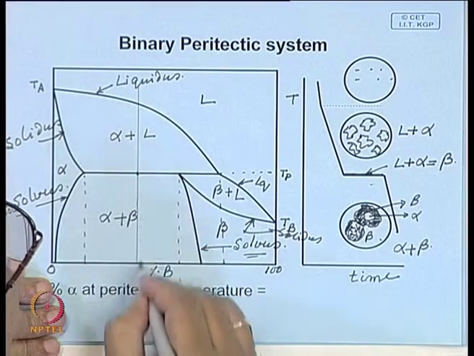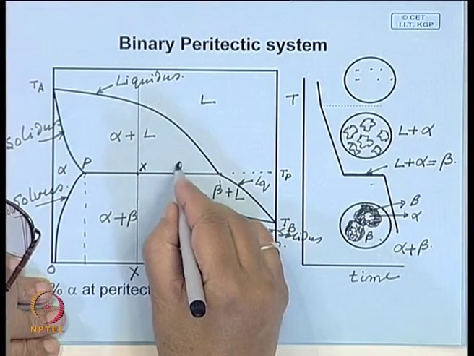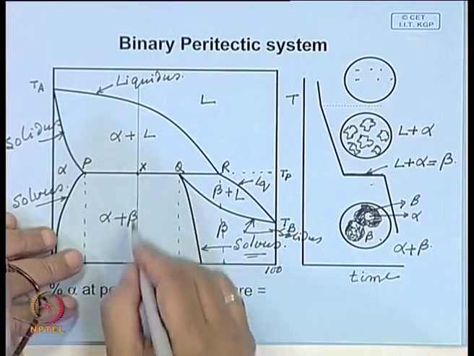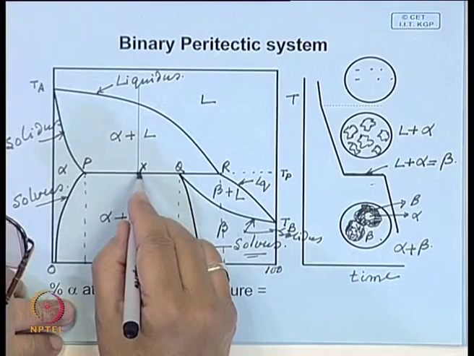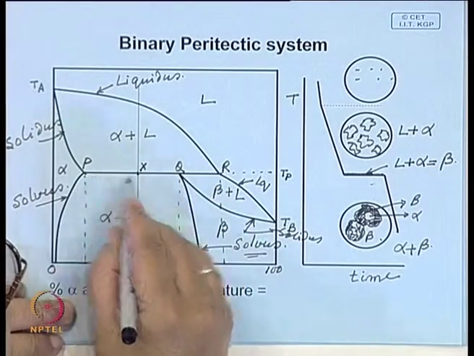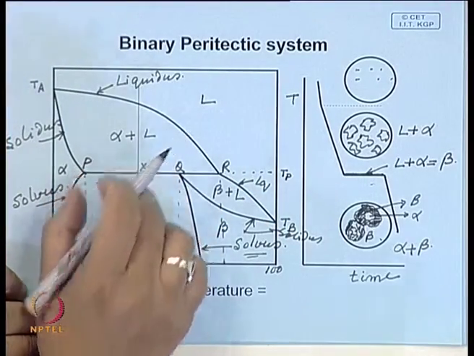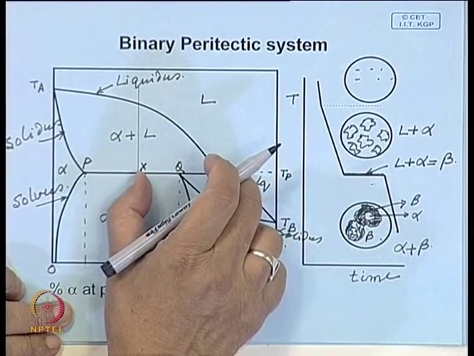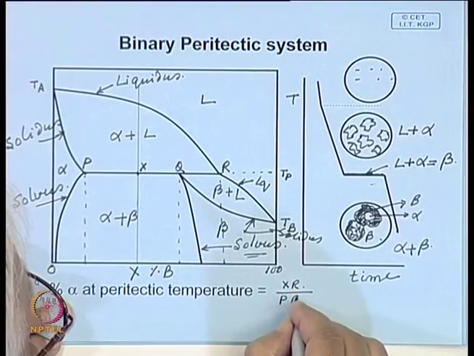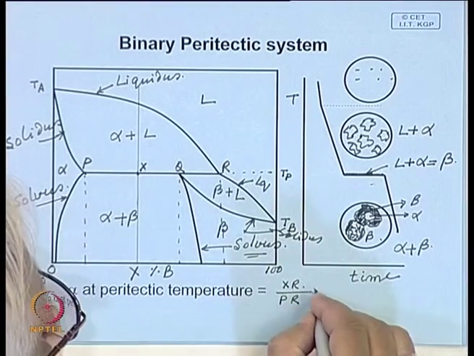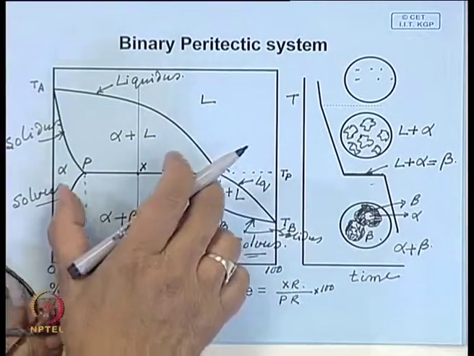So, here if this composition is X, and here this point is P, this point is X, this point is Q, let us say this point is R, then the percentage alpha at peritectic temperature, just before solidification: amount of liquid is proportional to PX, amount of alpha is proportional to XR. So, this is XR over PR. This into 100 will be the percentage. So, this will be the percentage alpha at peritectic temperature, XR over PR,